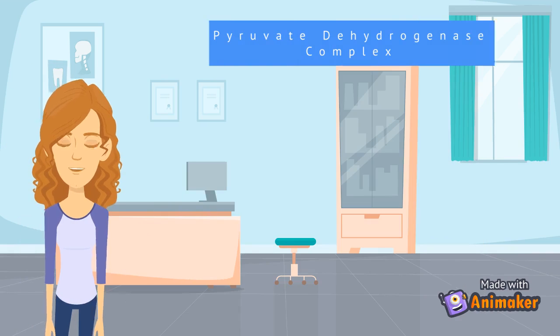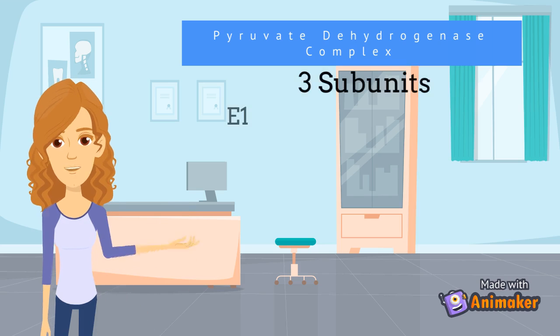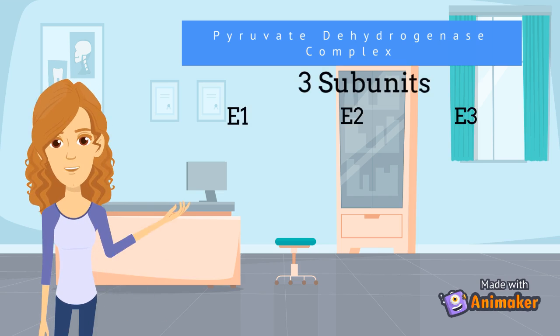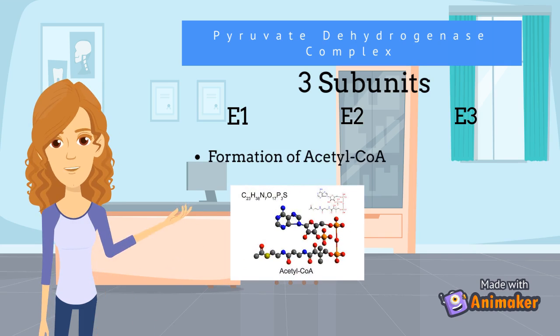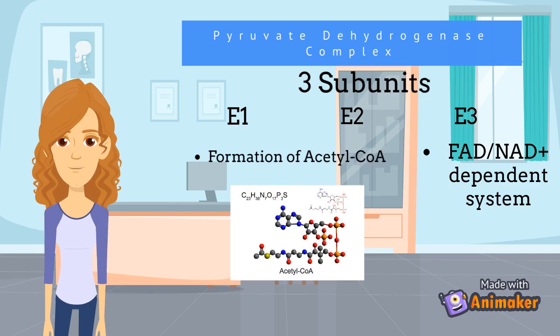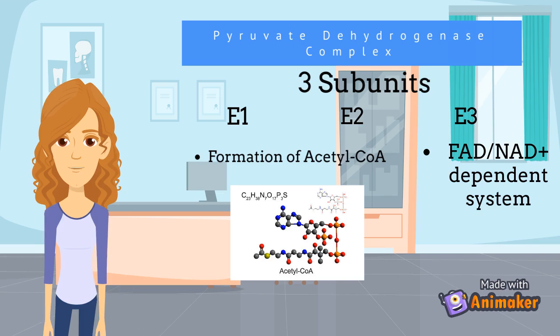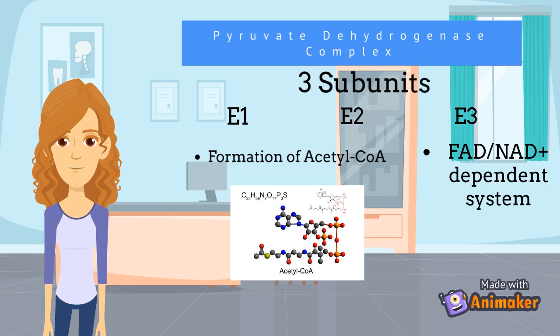Located in the mitochondria, the pyruvate dehydrogenase is composed of three different subunits named E1, E2, and E3. Now let me get a little sciencey here. E1 and E2 are involved in the direct formation of acetyl-CoA, whereas E3 is a FAD-NAD plus dependent system, some molecules that aid in the process of turning pyruvate into acetyl-CoA. Details of the subunits are for some other time, but I mainly want to discuss the happenings of the E1